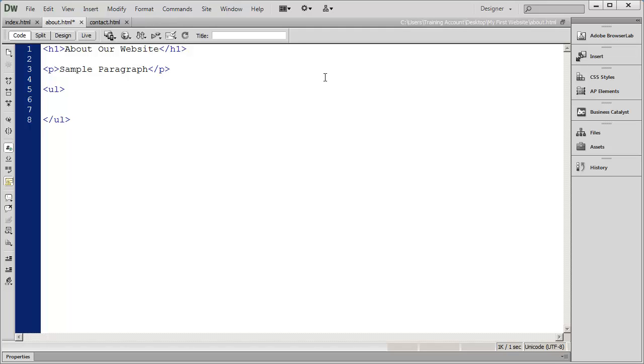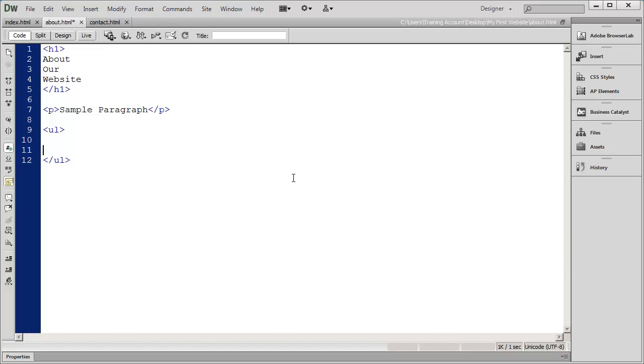Now, here's something that's going to be a little bit different. In our previous examples, we've had our opening tag, the content, and the closing tag. In this case, I put the opening tag and the closing tag on different lines. And you can definitely do that. Remember, your browser is going to completely ignore extra white space or extra lines. If I was to go ahead and, let's say, about this web page, you can see the way it looks now. If I was to go ahead and do this,